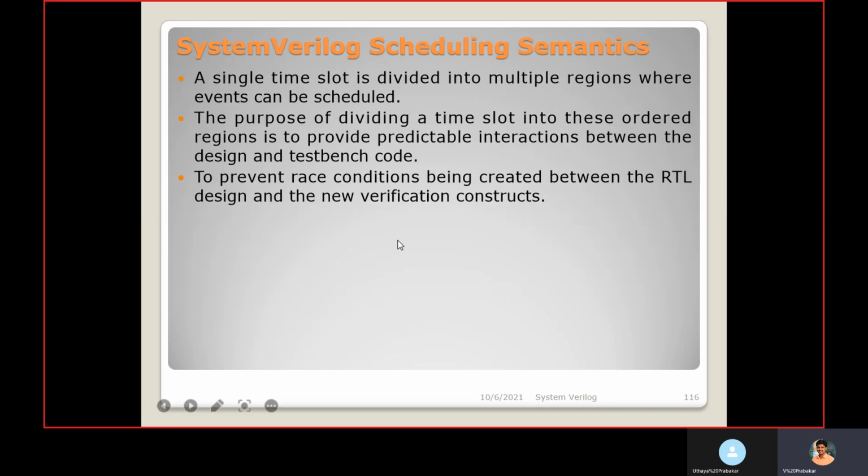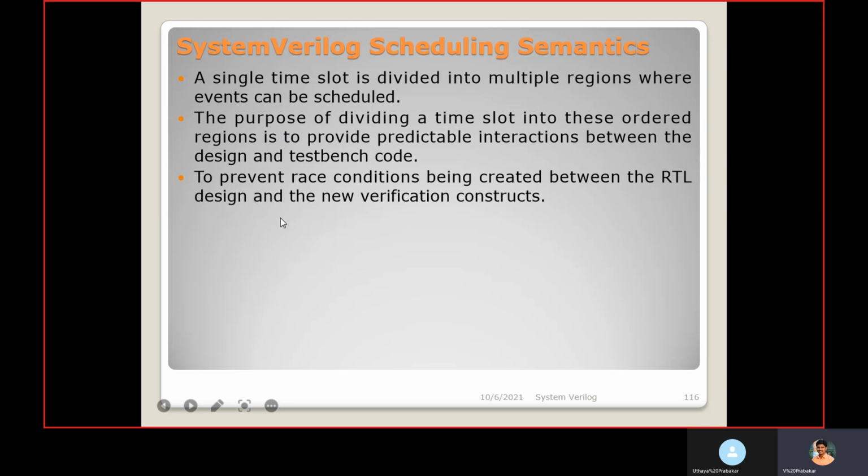Then we're going to see SystemVerilog scheduling semantics. Here, a single time slot is divided into multiple regions where events can be scheduled. The purpose of dividing this time slot into different ordered regions is to provide predictable interaction between the design and testbench.